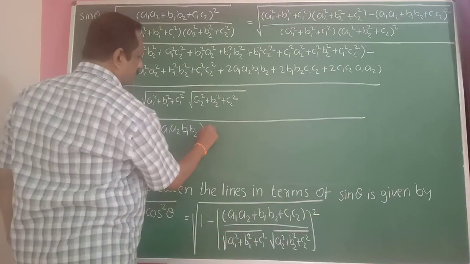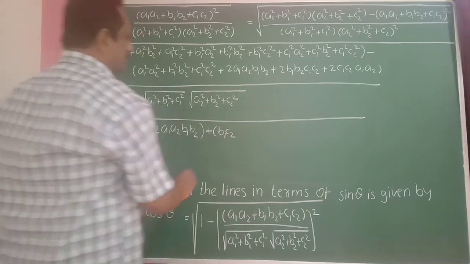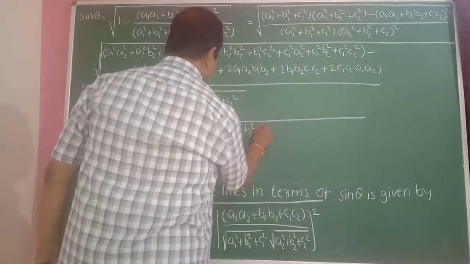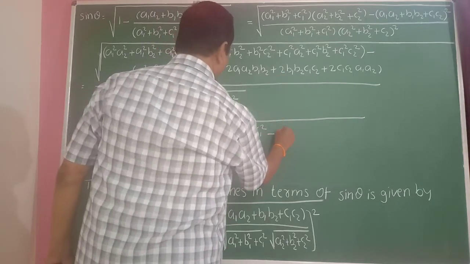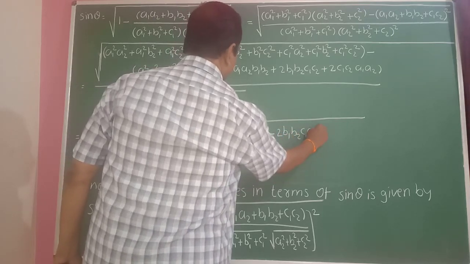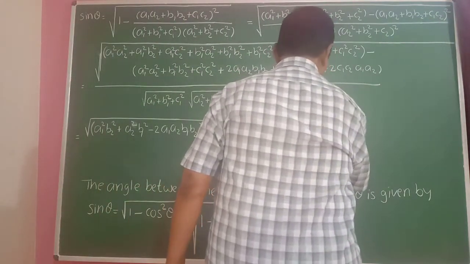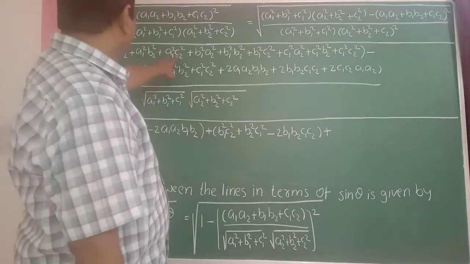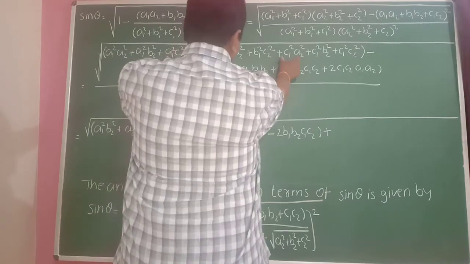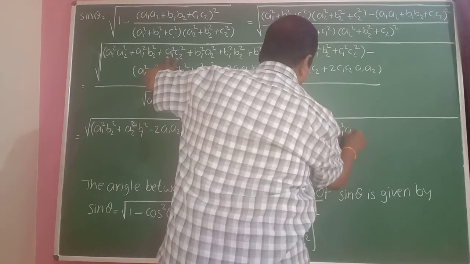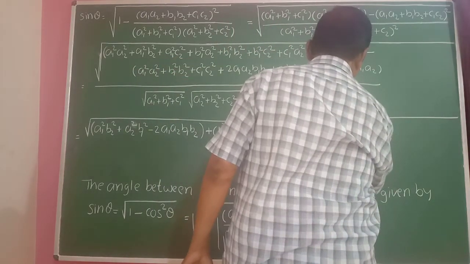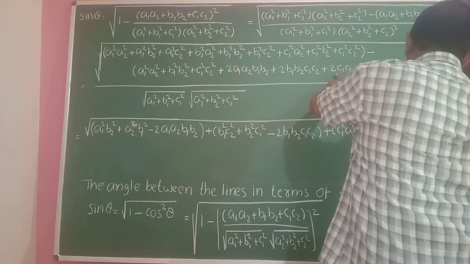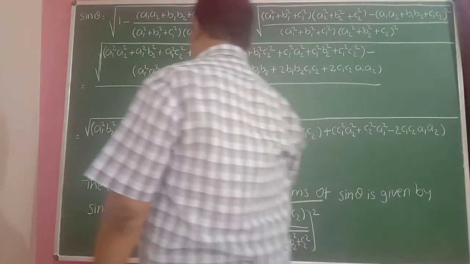Okay, b1 c2 square plus b2 c1 square, then write this term minus 2 into b1 b2 c1 c2 in the bracket, then plus c1 a2 square plus a1 square c2 square, minus this term 2 into c1 c2 a1 a2. That is the bracket here, divided by